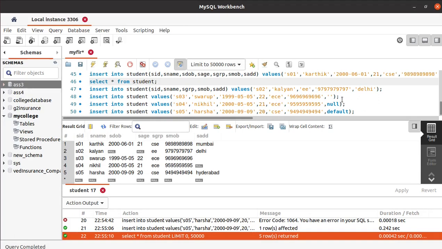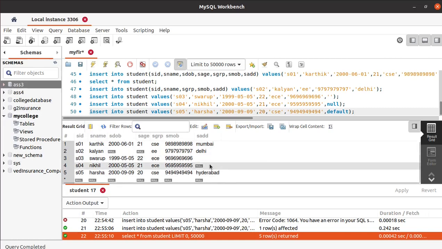I think now you can understand the difference between leaving it empty, using null and using the default. With empty we didn't get anything, and empty does not mean null. Next, using null we are having the null value in this particular cell, and next with the student ID 5 we are having the default address, which is Hyderabad. That is how we can get the default address. So many people think that leaving it like this or using null will give us the default address, but no, there is a difference between all these three commands. Next,